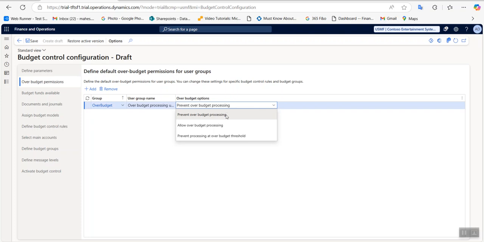Okay, prevent budget processing is nothing but it will block you once the budget has been exceeded. Okay, the third option, prevent processing the budget threshold limit, it will process the budget based on the threshold limit. If the value is available and it is included with the threshold limit value, then it will allow you to post. Okay, the second option is that even though the budget is exceeded, it will allow you to post